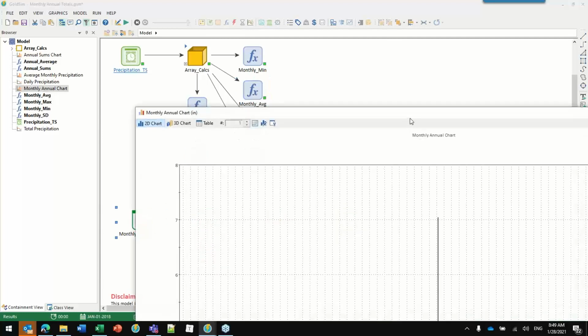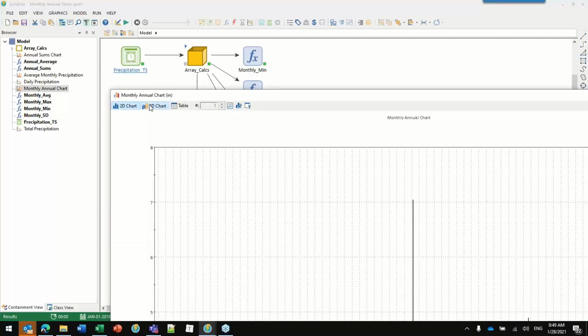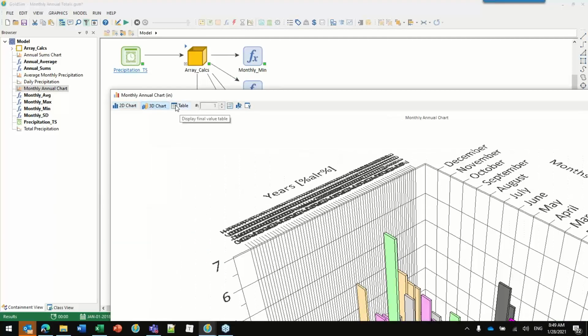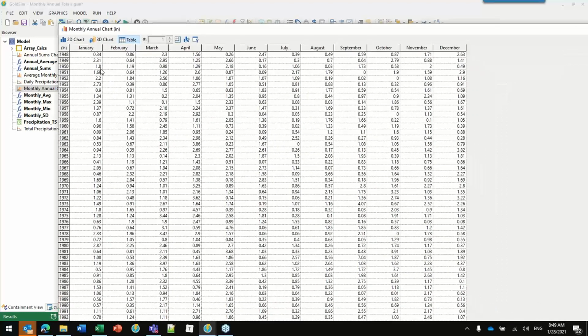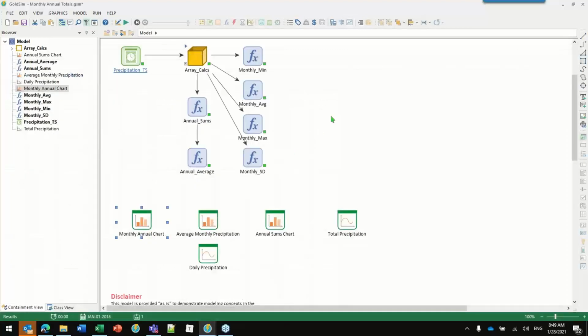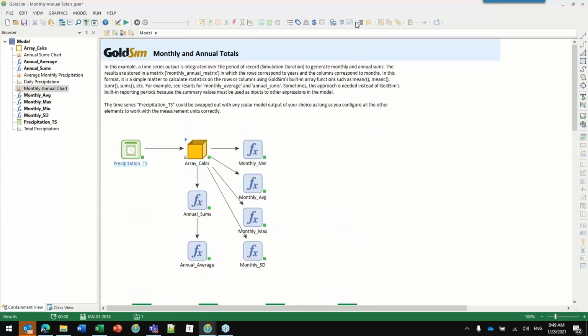Here's monthly and annual, though that's not very useful in a graph. Oops, I didn't mean that. And there we go. So you might want to see all of the monthly average values for all of the years. You could do that in that form. Okay, so those are some useful tools. I just wanted to bring those up